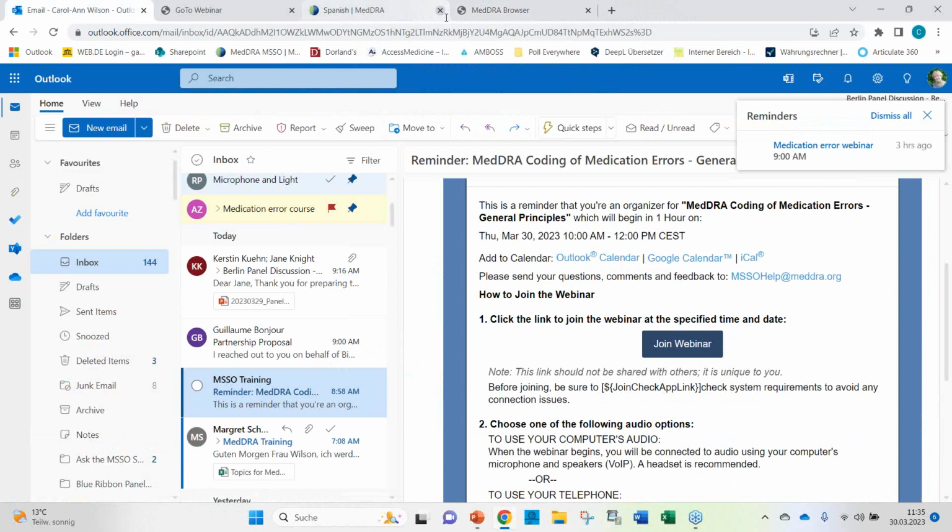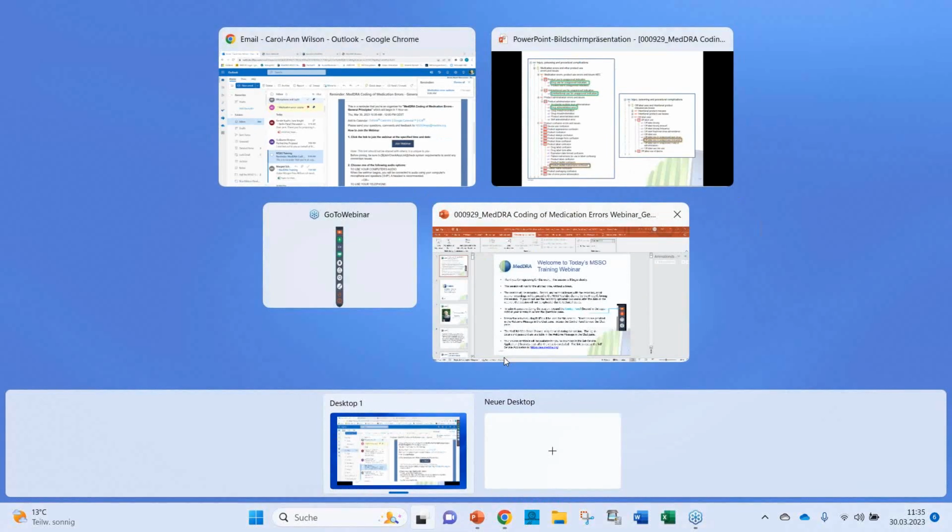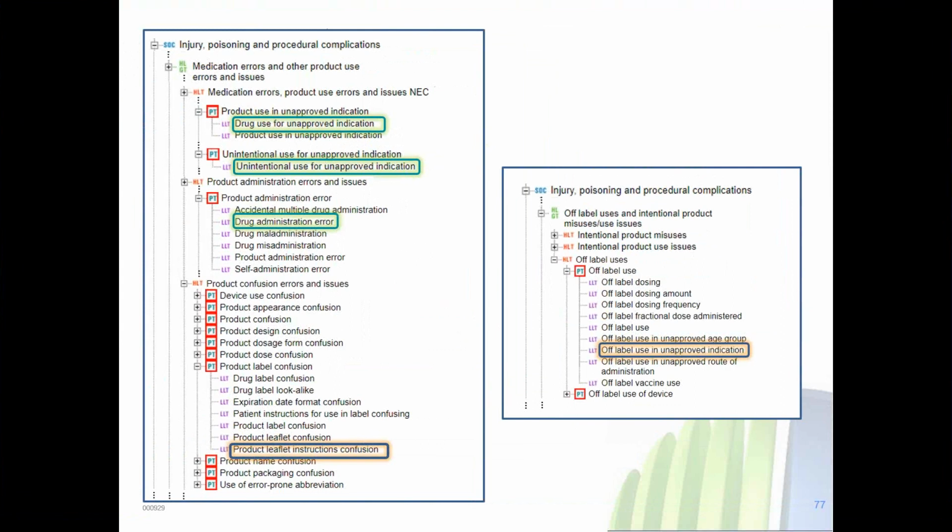So let me go to my slides back. Here we are. And here we have the drug administration error that needs to be captured. And then the two options, drug use for unapproved indication and unintentional use for unapproved indication, both grouped under this NEC grouping here.